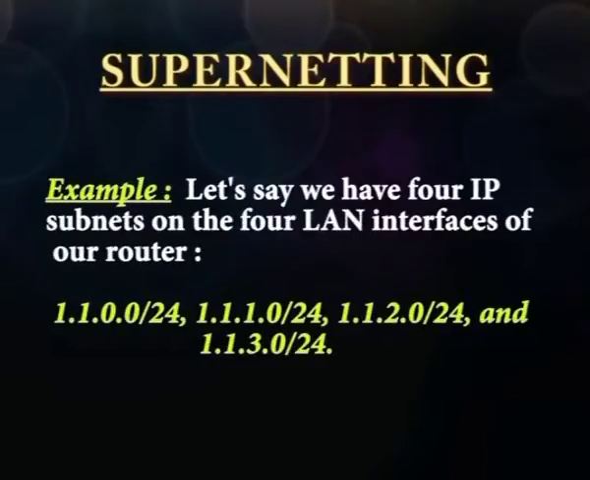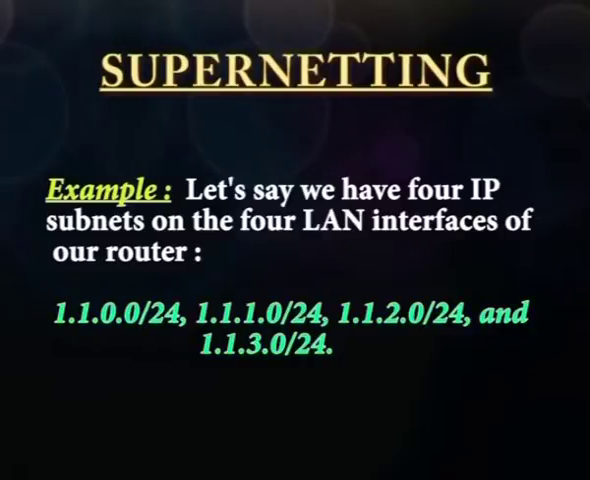An organization can apply for a set of class C blocks instead of just one. For example, an organization that needs 1000 addresses can be granted 4 contiguous class C blocks. The organization can then use these addresses to create one super network. Supernetting decreases the number of ones in the mask. For example, if an organization is given 4 class C addresses, the mask changes from /24 to /22. Example, let us say we have 4 IP addresses on the 4 LAN interfaces of our router: